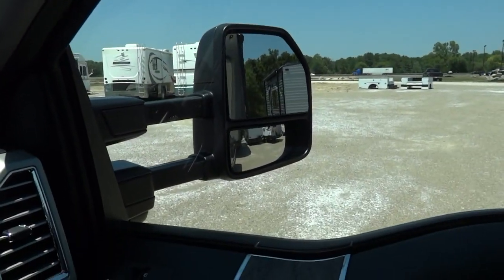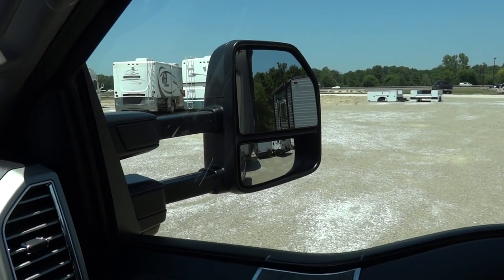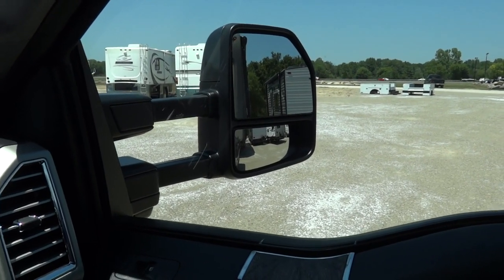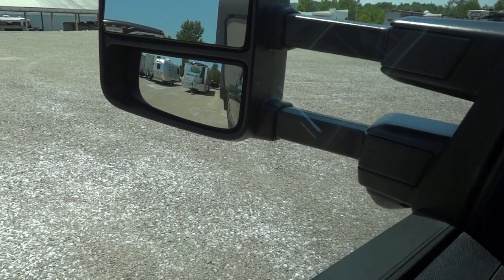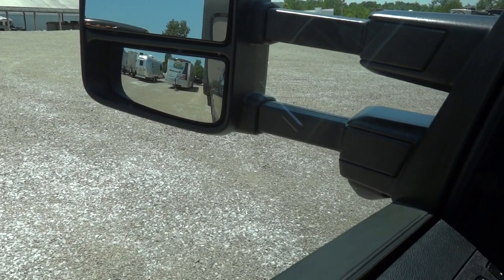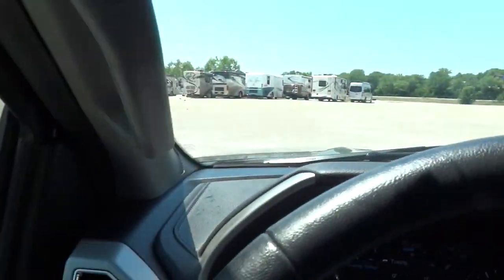I use this one a ton as I'm aligning myself down the highway and just making sure that I'm not too close to the curb, or I'll use this mirror over here if I'm passing another semi-truck or another RV on the road and I want to hug the left shoulder a little bit. It gives me a really good angle down low, so I've got a real good idea of where I'm positioned on the highway. So anyway,